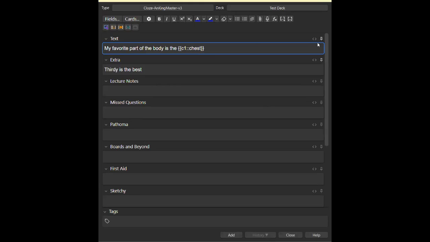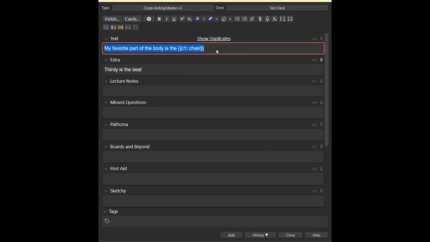Now, if these both are pinned, if I add this card to the deck, they'll still stay here. As you see, they're still there. But if I remove this pin, let's say I want 30 is the best to always appear in every single card that I'll make in the future. I don't want to keep on copy pasting 30 is the best and extra.